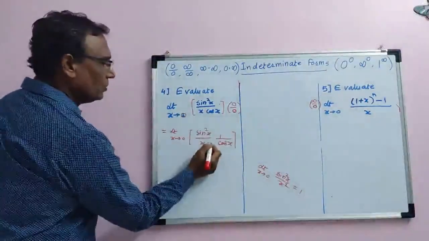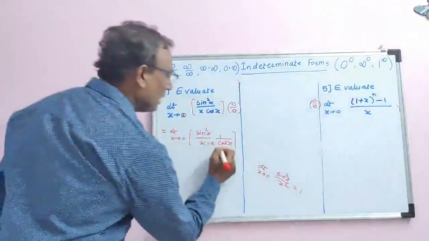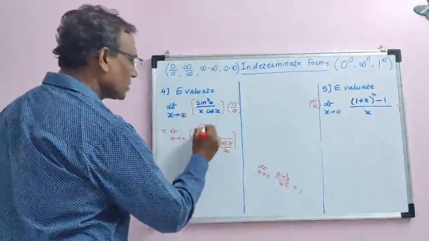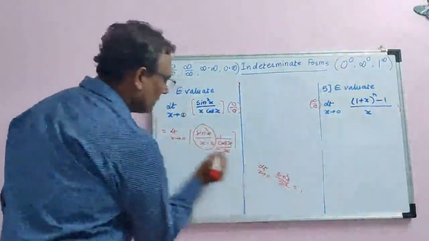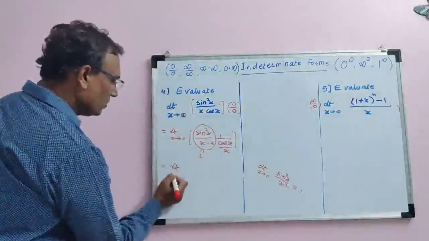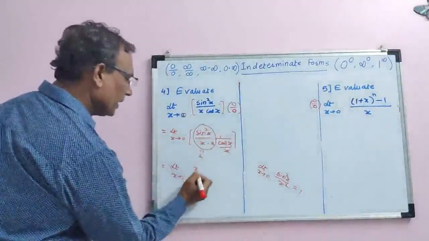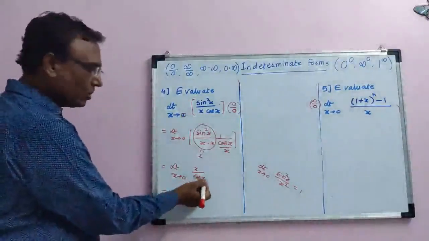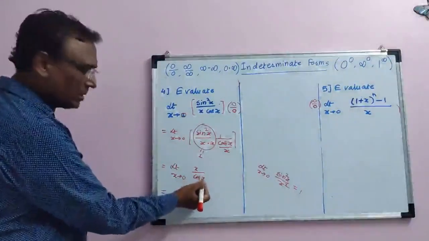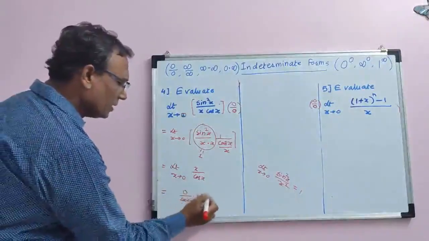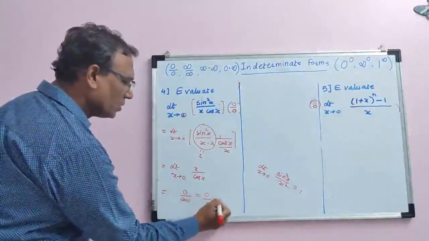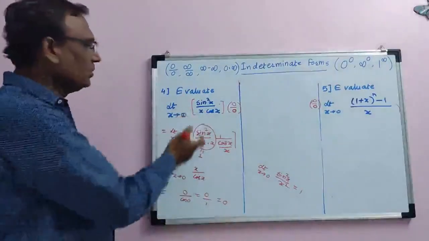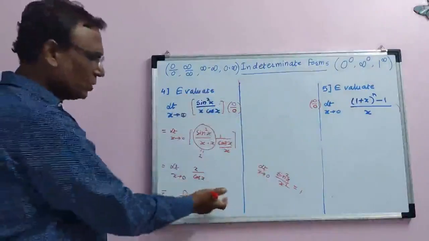Now, what I am going to do, I am going to multiply by x and divide by x. Now, sin square x by x square, limit x tends to 0 is what? 1. Therefore, limit x tends to 0, this x will jump in the numerator, x by cos x. Now, if you put x equal to 0, cos 0 is what? 1. We are not getting 0 by 0 form. Put x equal to 0 directly. The 0 by cos 0 is 0 by 1, which is what? 0. Means without applying L'Hospital we solved it. So you can apply L'Hospital rule and go on solving, you will be getting 0.